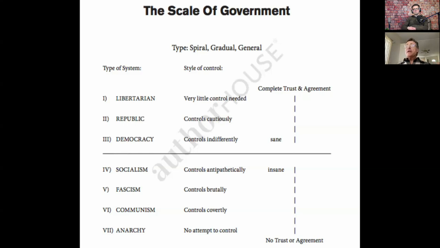So anytime you have fragmentation, you have disagreement. And wherever there's disagreement, there's distrust, which is why America is now a seething cauldron of hatred, distrust, and disagreement. And there's a lot of talk about a civil war, a possible civil war. Now, I've been arguing for years, we're already in a civil war. It started around the year 2000.